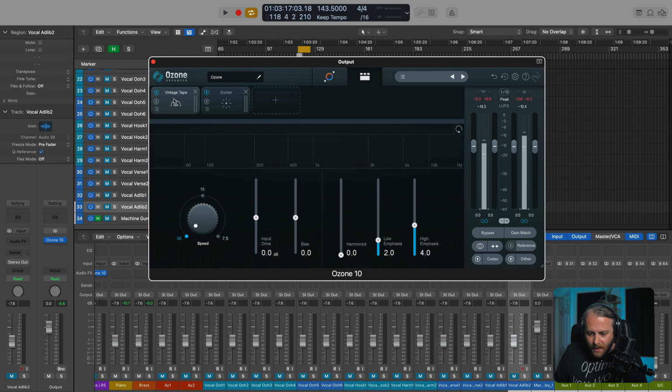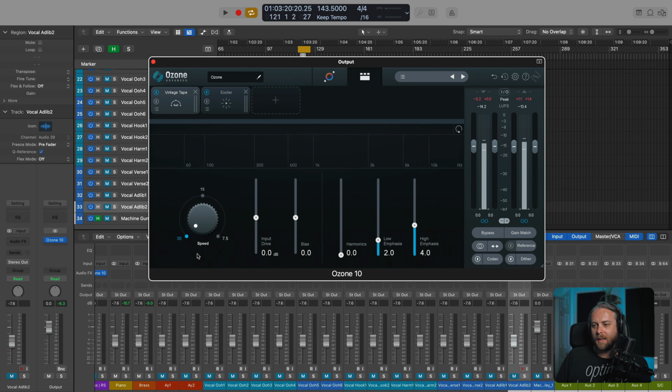Okay, so we've covered EQ, we've covered compression, we've covered the assistant. Now I want to talk about saturation, and there's a lot of tools to saturate, to pleasantly distort your audio with Ozone 10. The 2 modules that come to mind first and foremost for saturation are the Vintage Tape and the Exciter module. So Vintage Tape is inspired by a healthy Studer A810 2-track tape deck.